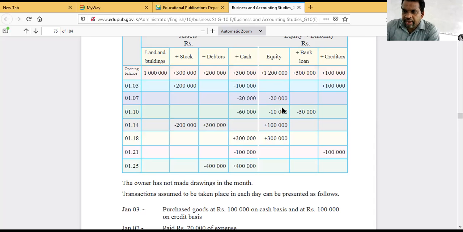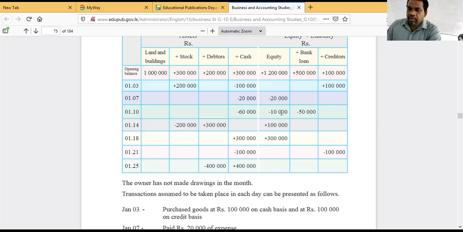You know, when you settle a bank loan, you have to pay installment wise. In the installment, we have got 2 parts. A capital portion that is deducted from the original loan, and interest portion, that means the rewards for the loan, it should be received by the bank. Therefore, when the business pays the installment, then there can be interest portion and capital portion from the original loan. But they have to pay the full installment. The amount paid is 60,000. That's why they have put 60,000 minus under cash.